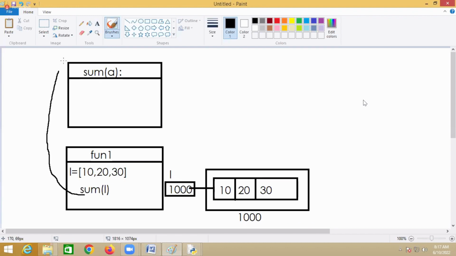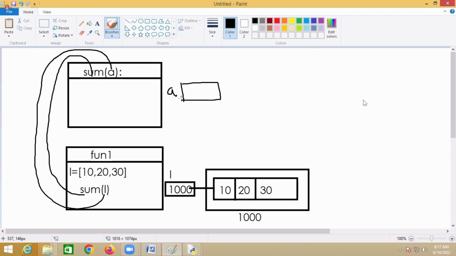Will it send the list or the list address? Address. It will not send the list, but it will send the list address. Now here A is a variable, and this A variable holds the address of the list created in